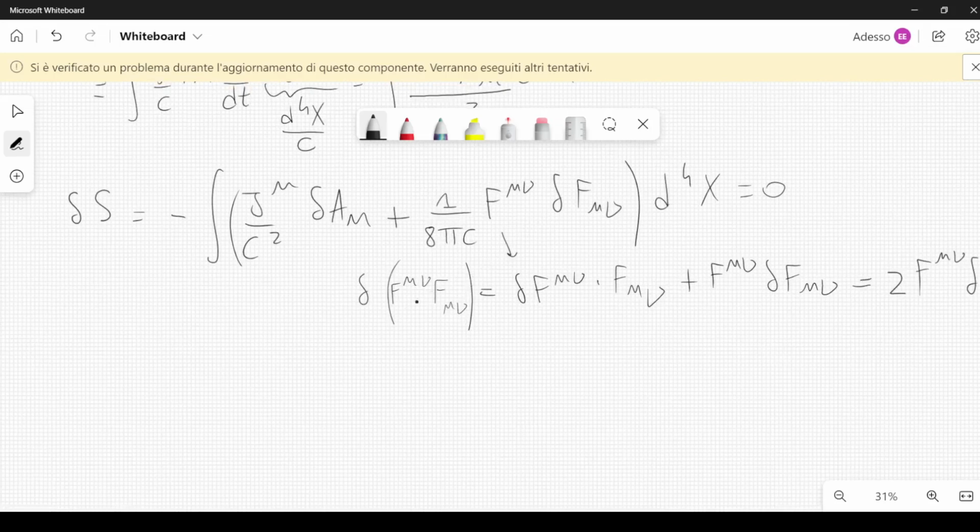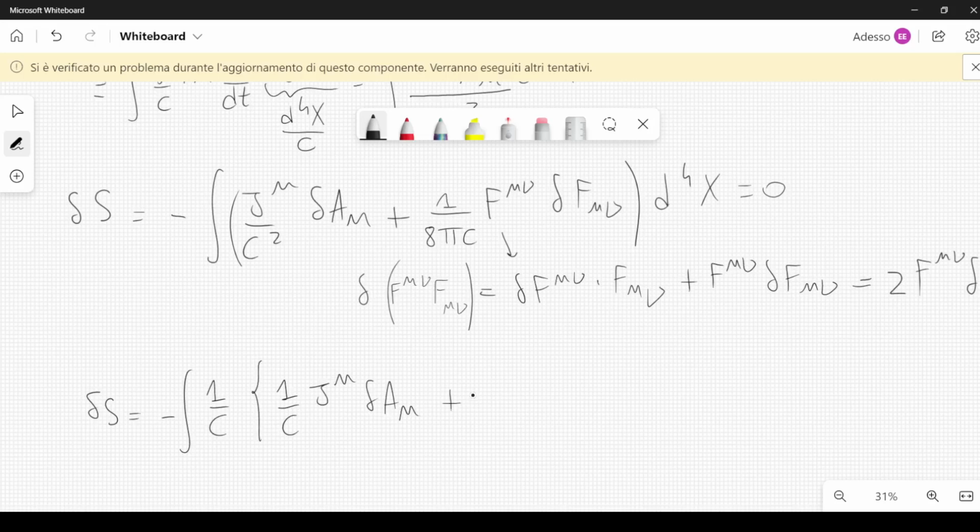And then I can also substitute here. We know that f mu nu can be written in terms of this tensor here, A mu. This is the 4-potential. So f mu nu is related to the derivatives of A mu. So delta S can be written as minus integral, 1 over c, then here we have 1 over c, j mu